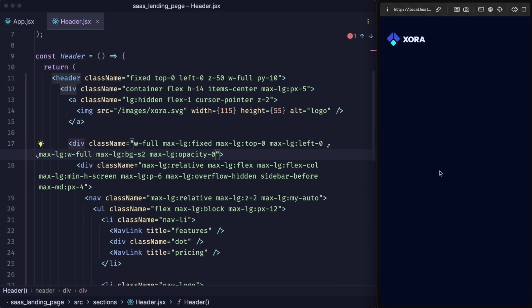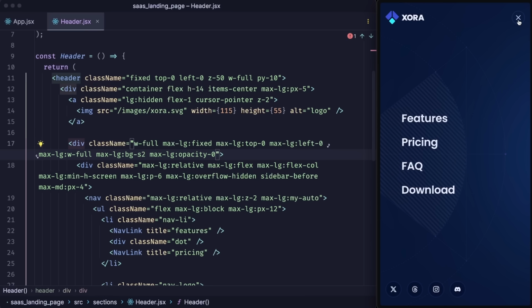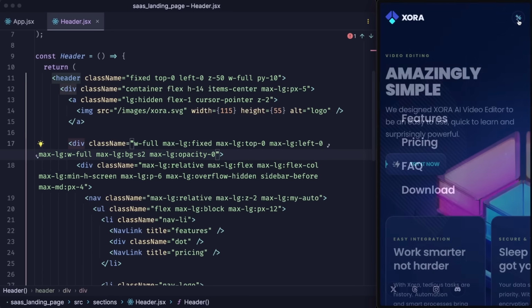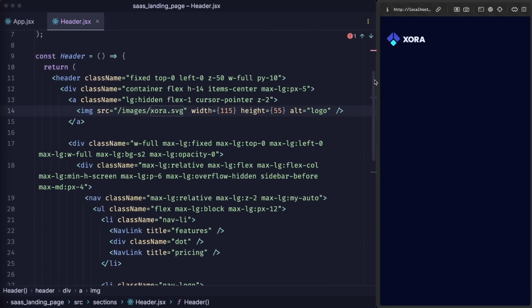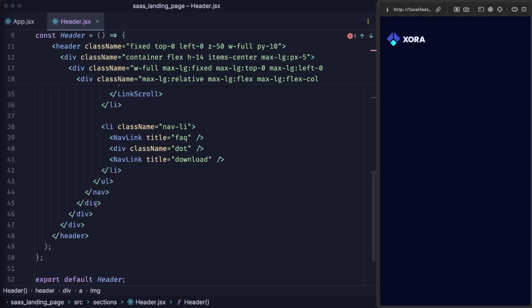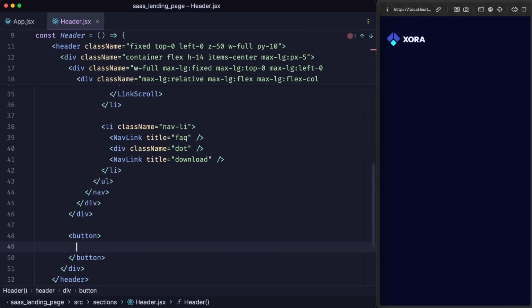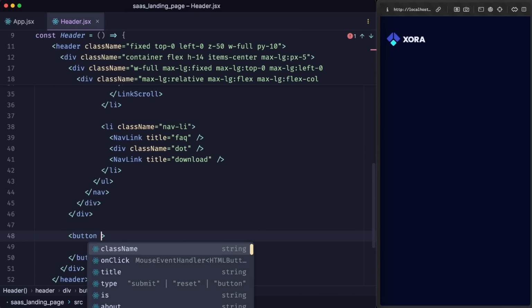Because we want to only show them once we click on this toggle on top, and then we want to show them in this nice looking UI. So to achieve that, let's create that hamburger button that would allow us to activate that mobile mode. I'm going to go down below the nav and below two more divs that are below the nav, and I'll create a button. That's going to be a hamburger button with a class name